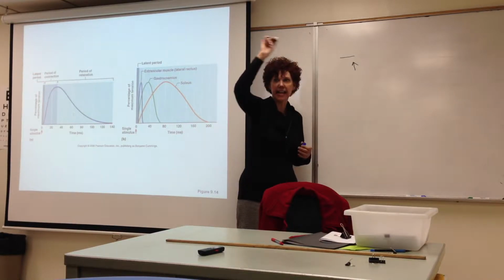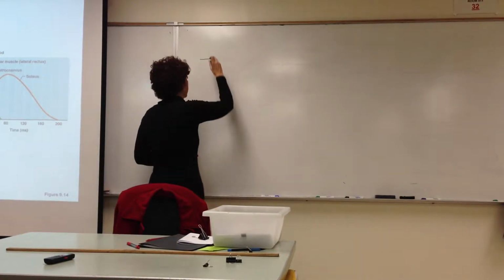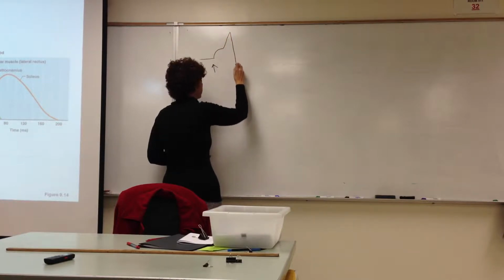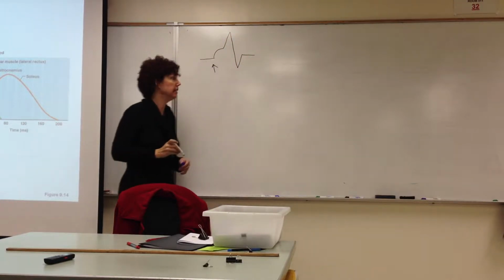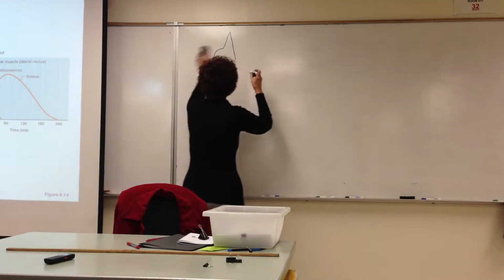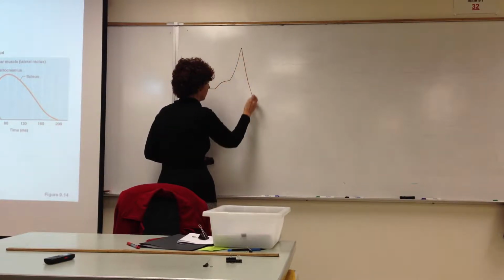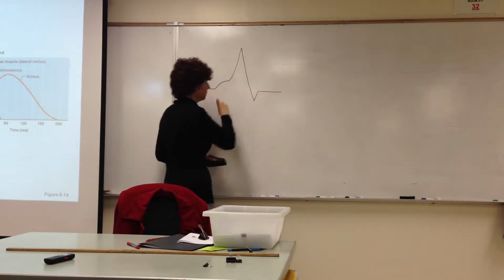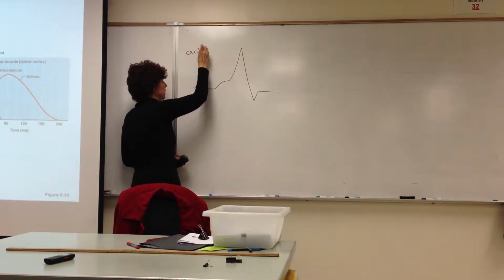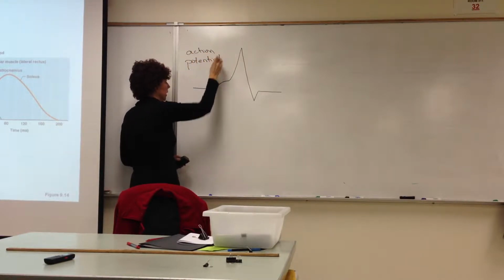So we're not going to see that graded potential necessarily, because that stimulus is strong enough. But I'm going to go ahead and put it in there. And so it looks very similar to what we see in the neuron. Draw that a little bit bigger down here. So this is the action potential of a muscle cell,